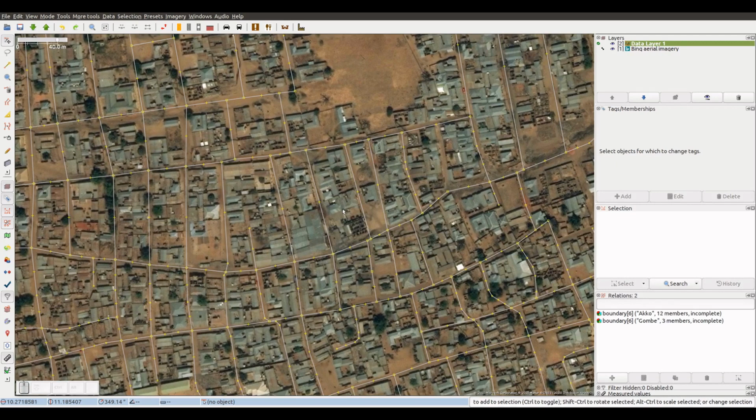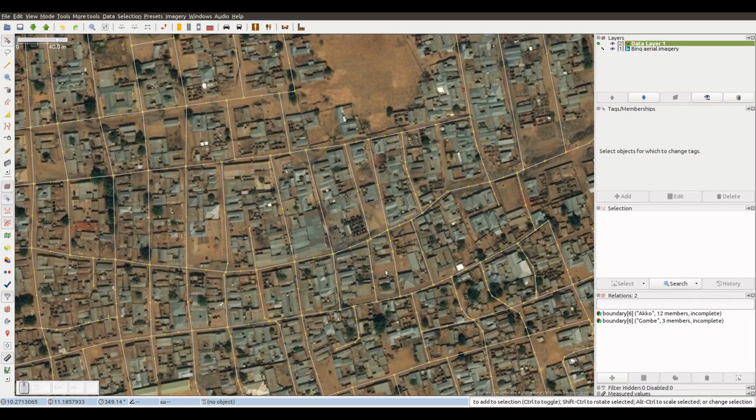Let's start combining two ways into only one. Let's see for example these two ways here. We can see that both ways form part of the same street. And they have both only one tag, that is the same for both of them, a residential street. So it looks quite clear that they should be better combined in only one OSM way, instead of being two different ones.